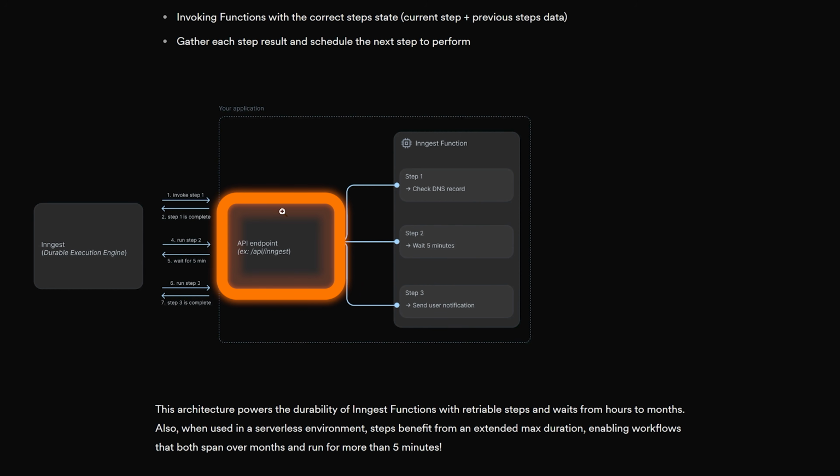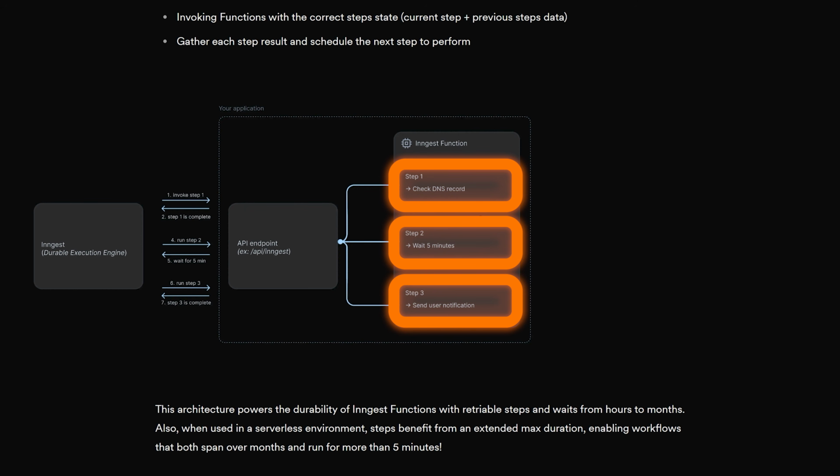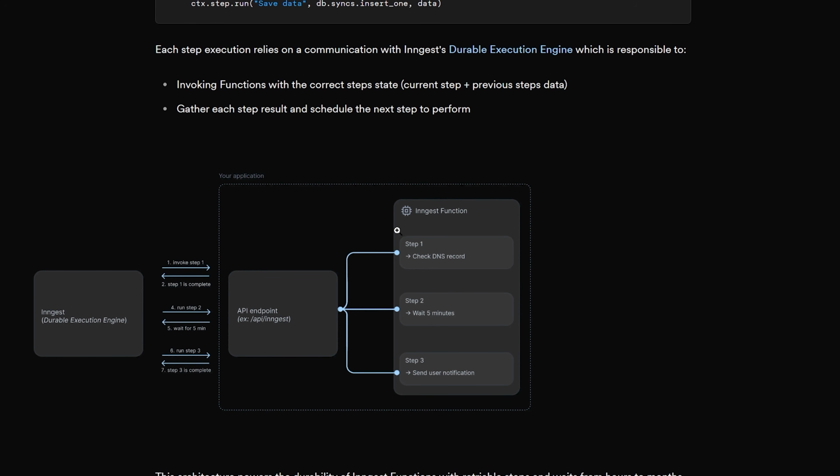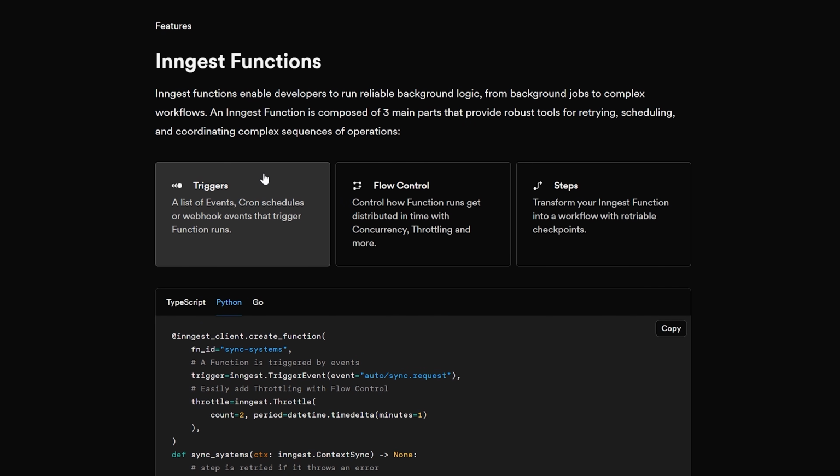The API endpoint then goes to our ingest function, and then inside of the function, we can have these things called steps. Now, each step is kind of an individual operation that we're going to track, that we could retry if needed, and that we're going to observe and get all of the logging and the information for. So if I just go quickly over to the overview here,